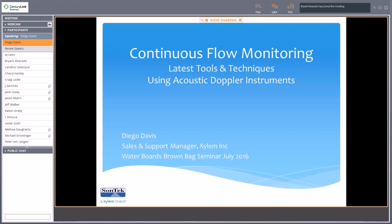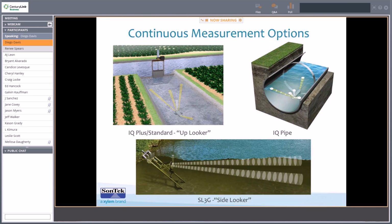First and foremost, I want to thank the Water Boards for hosting this brown bag session. Like Dawit mentioned earlier, today's topic is continuous flow monitoring, the latest tools and techniques using acoustic Doppler instruments. I am the technical sales and support manager for Xylem Incorporated. I cover the YSI, SoundTech, and Waterlog brands, and today we're going to focus specifically on SoundTech and continuous flow monitoring. So to jump right into it,